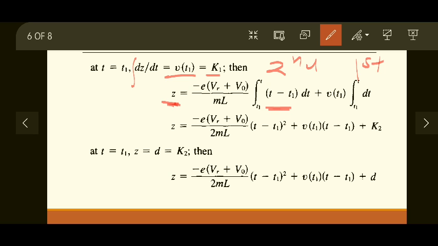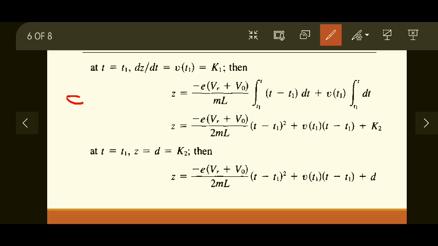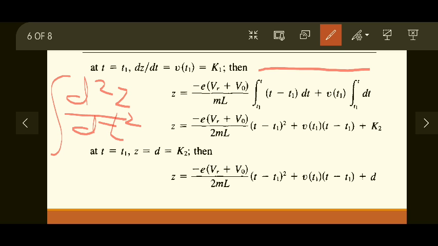Because this formula is regarding second order, we have d2z by dt square, so we have to integrate it twice. That's why you are seeing two integrations over here. We have to integrate this twice so that we will get z. Okay, if we integrate only once, we will get dz by dt. So we are integrating it two times to get the actual z. Okay, so what is the limit of integration?